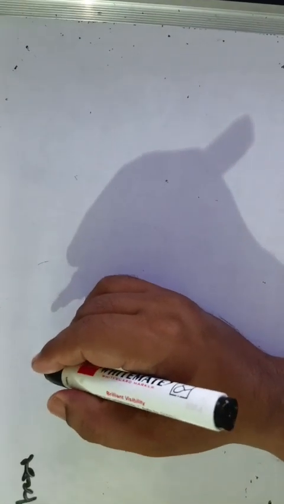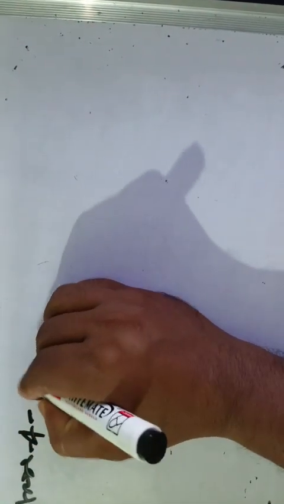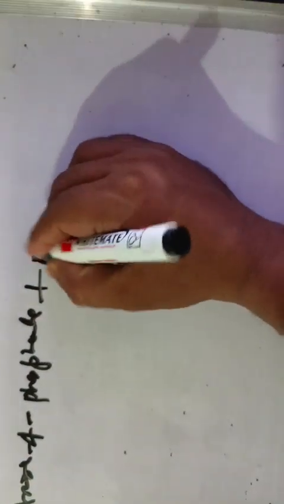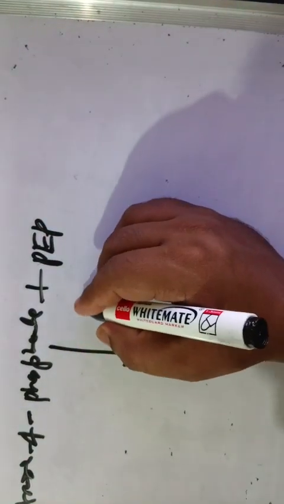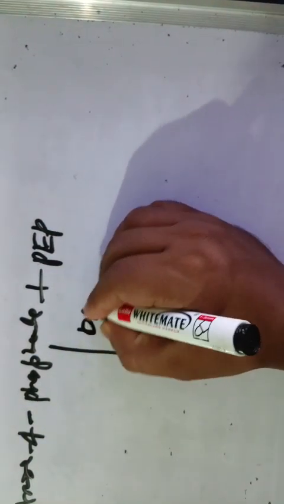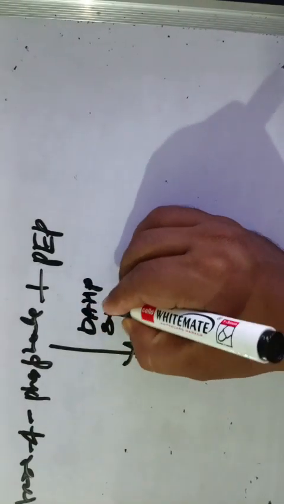These two compounds work as precursors for starting the shikimic acid pathway. I think you understood what I have told you. Then erythrose 4-phosphate plus PEP, by using the enzyme DAHP synthase,